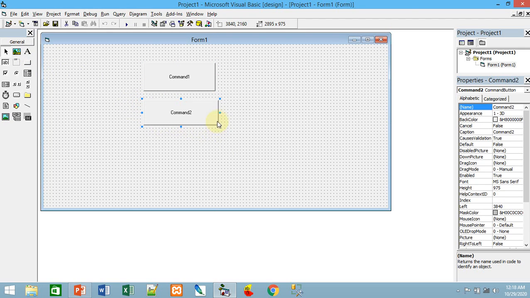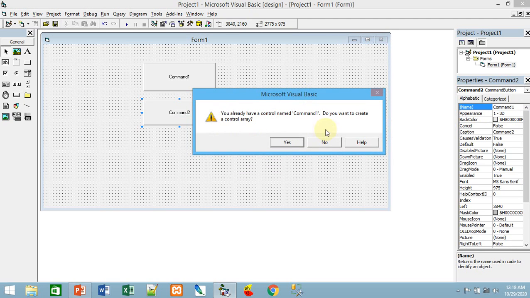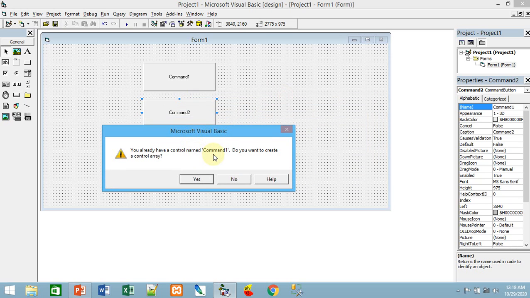So probably it is command 2 initially. So I will change this command 2 to command 1 and come out from this. Yes, so one alert message will be there: you already have a control named command 1. Do you want to create a control array? Because in one particular form, there should not be multiple objects with the same name unless there is a